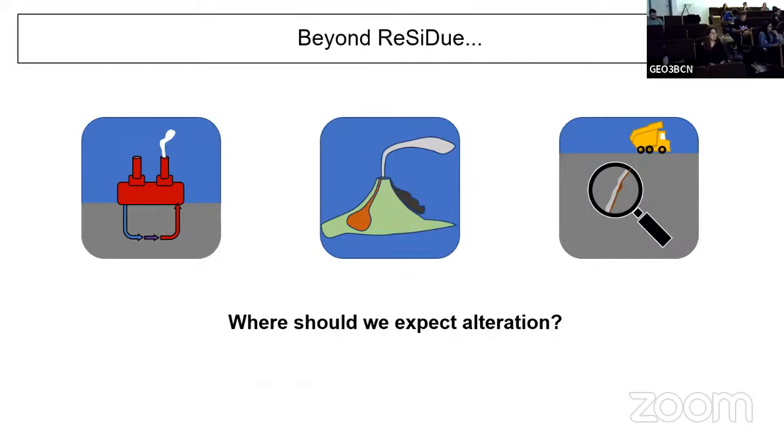So what I've outlined for you today is our experimental approach to learning more about how alteration changes the petrophysical properties of rocks, specifically permeability. And for us, that goes beyond volcanology. We're working on volcanology right now, but ultimately we're hoping that everything we're learning, we can apply to various different Earth systems, right? Anything we're doing now, we're hoping is relevant to geothermal energy. We're hoping it's relevant to perhaps more complex ore systems that we can then modify our experimental techniques to